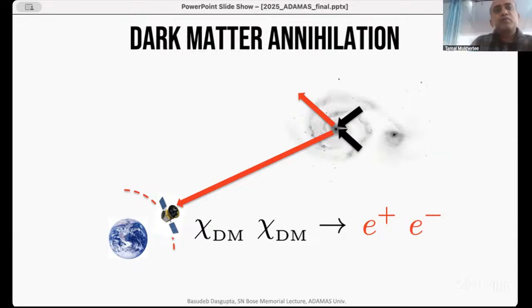So what we know is that all current data is consistent with dark matter not interacting with any other particle except through gravity. Okay. So we have evidence for dark matter interacting with everything through gravitational force. This is how we know that there is dark matter. But other than that, there is no evidence for any other interaction.